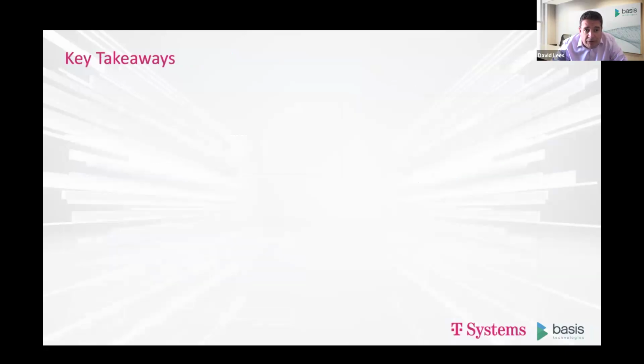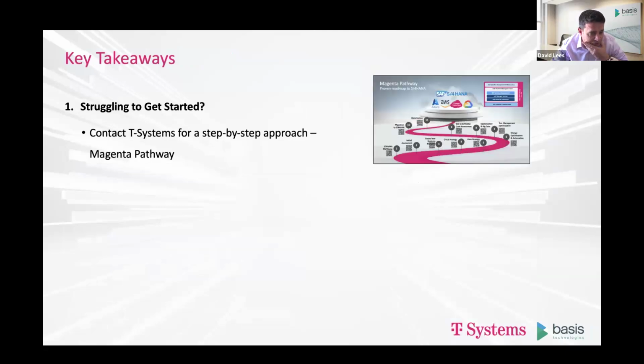So a few takeaways, and then I think we have some time for questions. If you haven't started to do so, have a think of questions and please drop them into the Q&A panel. But a few takeaways. Martin, the first one is for you. Yeah, so one of the key takeaways we've got today is, are you struggling to get started? We're finding a lot of companies are. And what we do is the T-Systems step-by-step approach with the Magenta Pathway, which is a really good start for getting those conversations running and looking at all those things that you can do. So the one thing to do is get in touch with us, and we can guide you through some of these things.